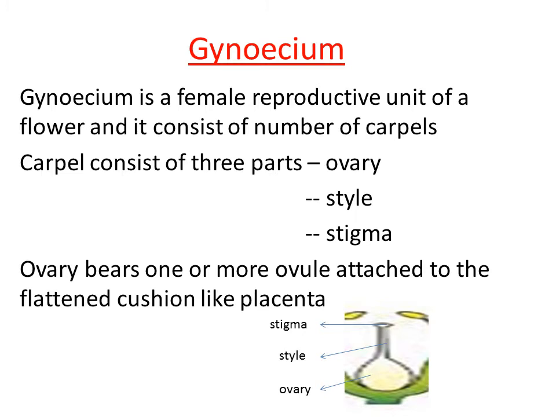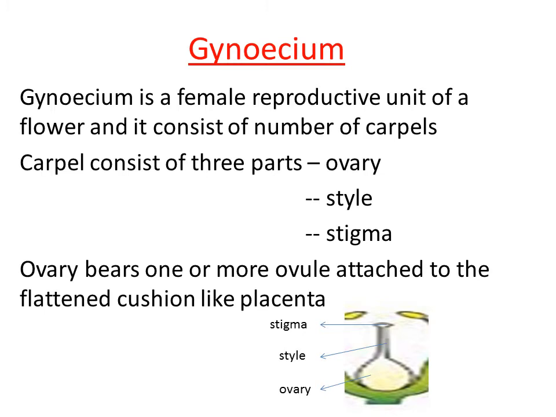The number of ovules is not the same in all flowers. In some it may be 1, in some it may be 4, in some 5. So the number of ovules varies depending on the type of species, right? The ovules present within the ovary are attached to a cushion-like structure called the placenta. The placenta is the cushion-like structure to which one or more ovules are attached in the ovary. This is very important. Where the placenta is present in the ovary defines the different types of placentation.